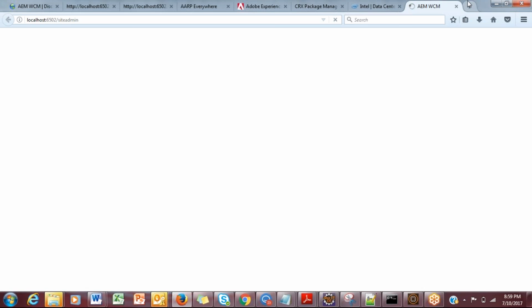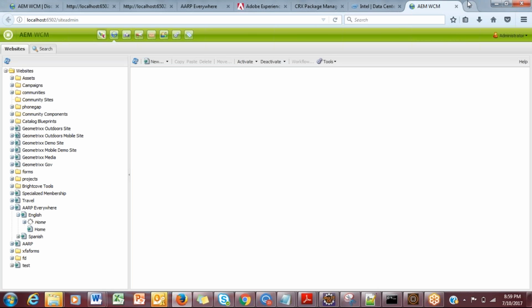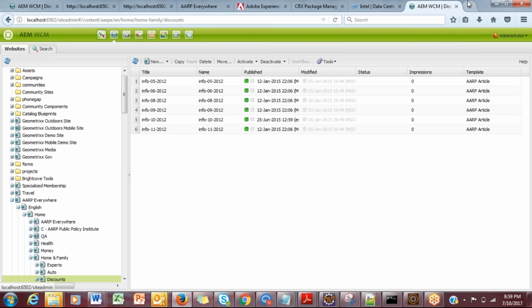Cart, regular cart. Correct. You could expect a cart, you could expect a payment gateway, a product variant, right? What else? Before buying the product, you would want to see the reviews, ratings, comments, right? You would want to have all these things embedded into your system, so that when you want to build an e-commerce website, you would not have additional development effort in that. Okay? So Adobe AEM gives you that.